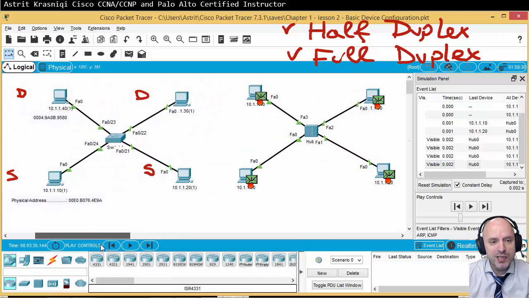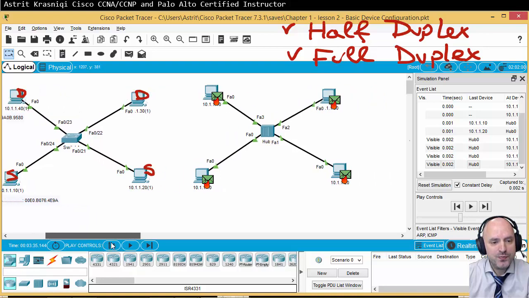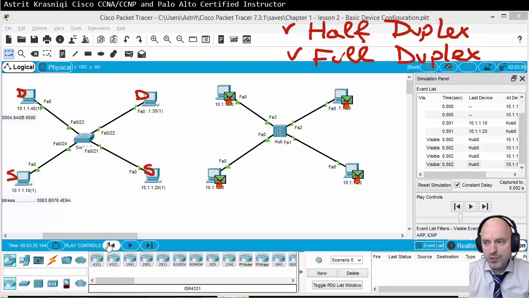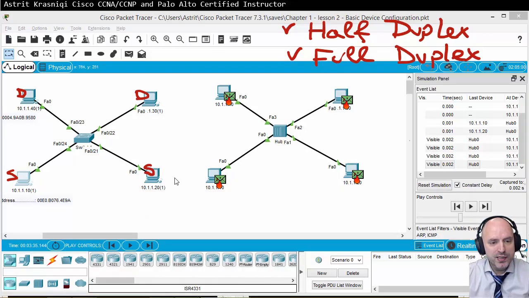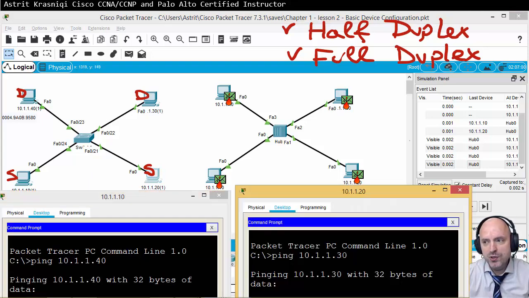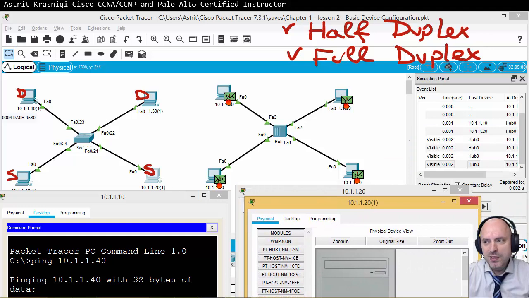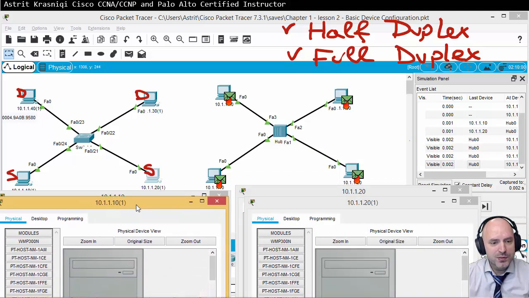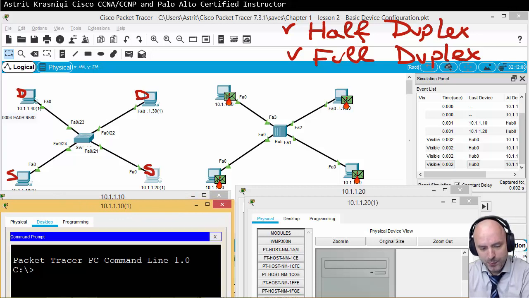Well, if I move here to say these two devices, I just want to show you that this one is .10.20, but I'm going to bring this 10 and this 20, which is different to these two, yeah? Already these two. But this 20, the second 20, which is this one here, and the second 10, which is this one here. And again, I'll open the command prompt,